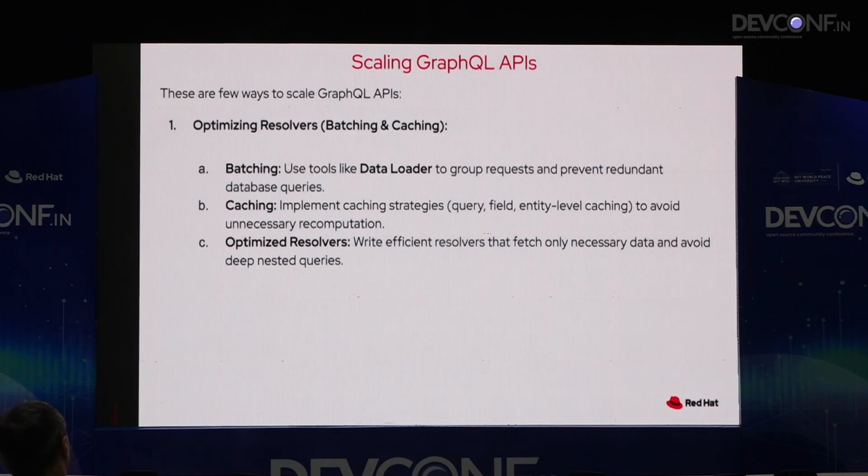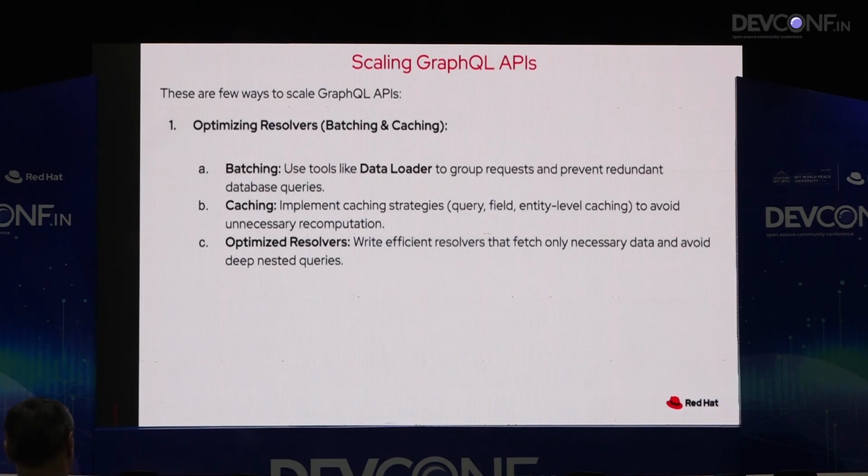Now, there are a few ways to scale GraphQL APIs as well. A GraphQL API's performance depends a lot on how the resolvers are written. Resolvers have this annoying problem of 1 plus n queries, as we discussed earlier. One concept is that you can use data loaders for it. What data loaders do is that they don't cause n requests to resolve different objects of a particular query.